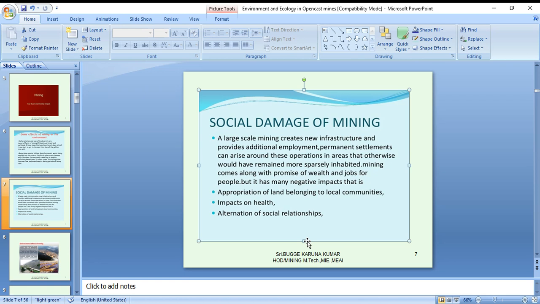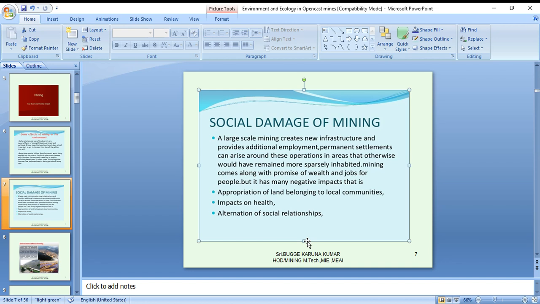A large scale mining operation creates new infrastructure and provides additional employment. Permanent settlements can arise around these operations in areas that otherwise would have remained more sparsely inhabited, mining coming along with the promise of wealth and jobs for people.